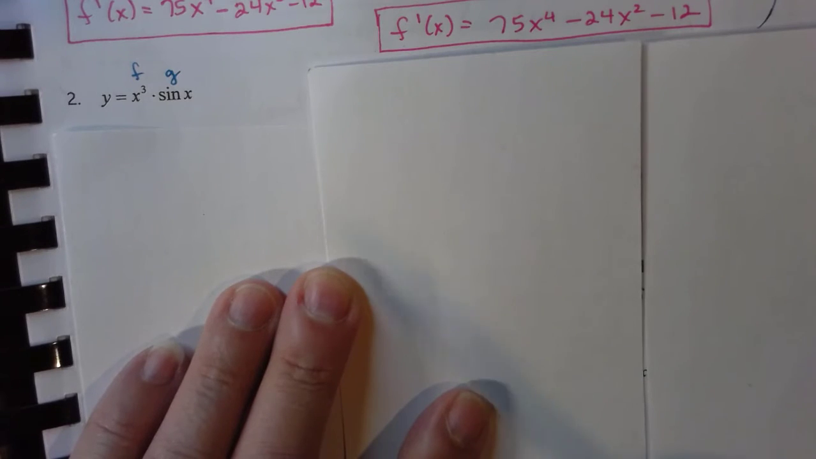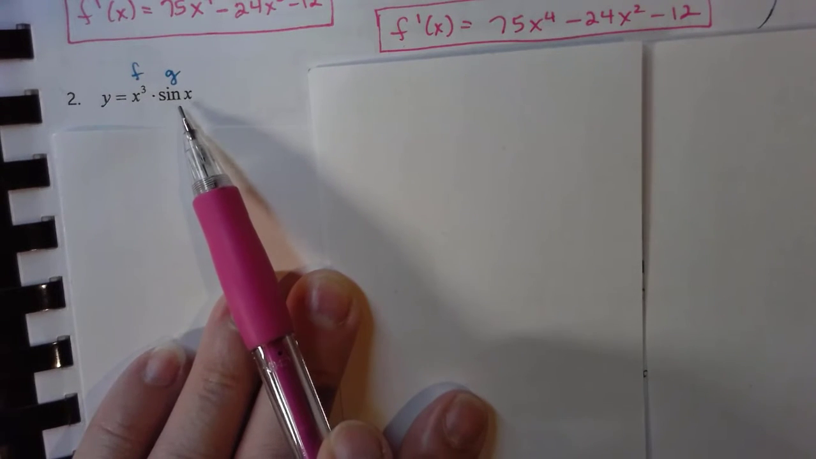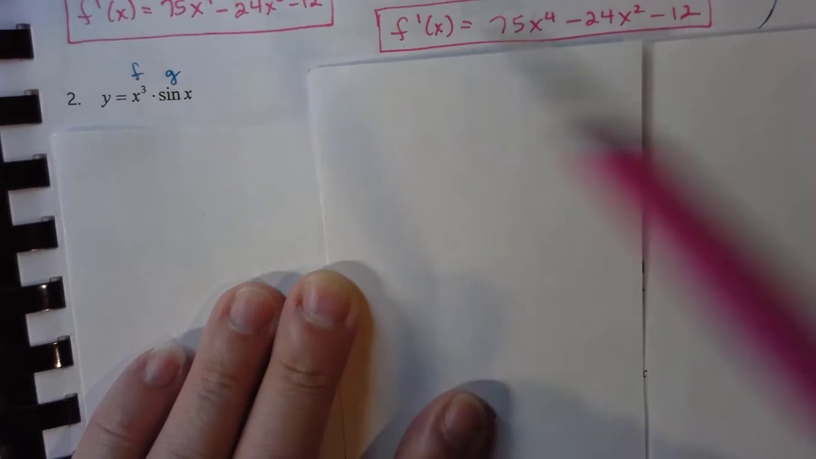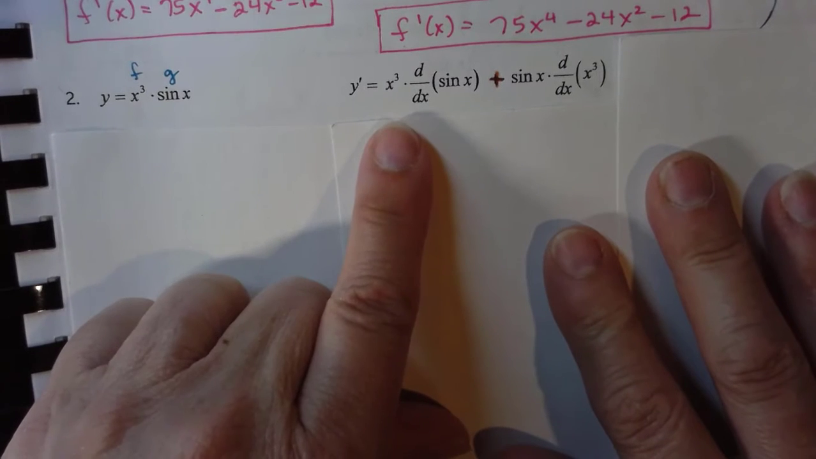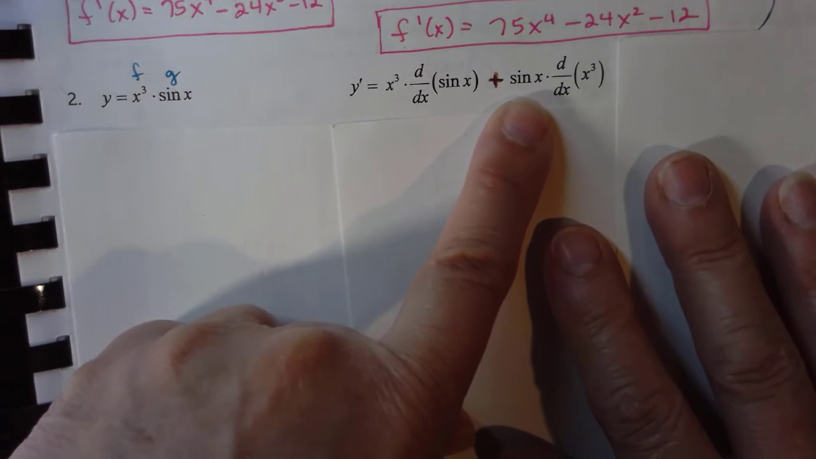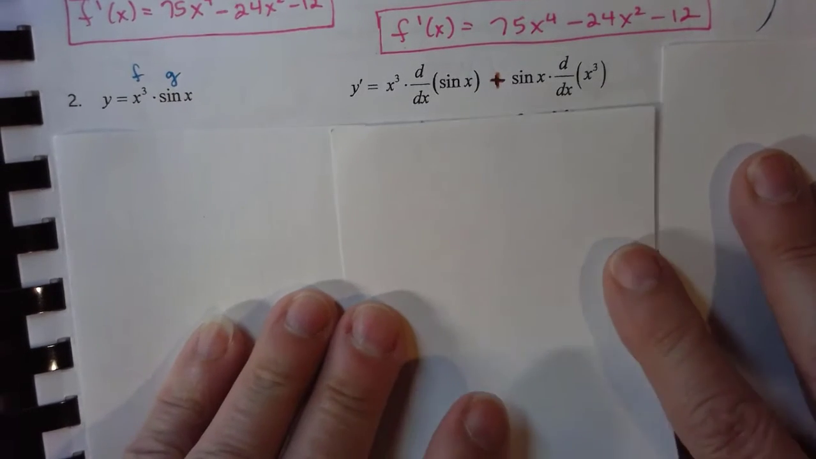All right, let us look at another product. y equals x cubed times the sine of x. Well, I can let this be function f and this be function g. And so I know that it is x cubed times the derivative of sine plus, product rule, plus sine times the derivative of x cubed. All right, well, the derivative of sine,